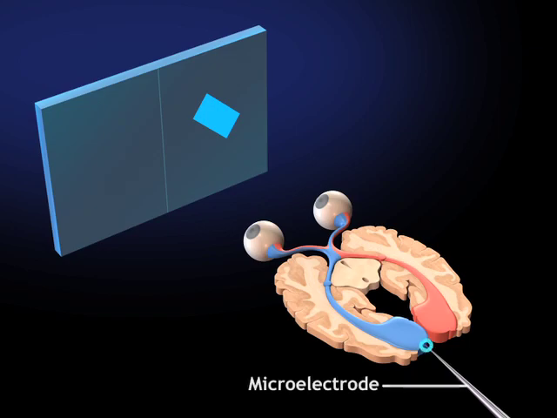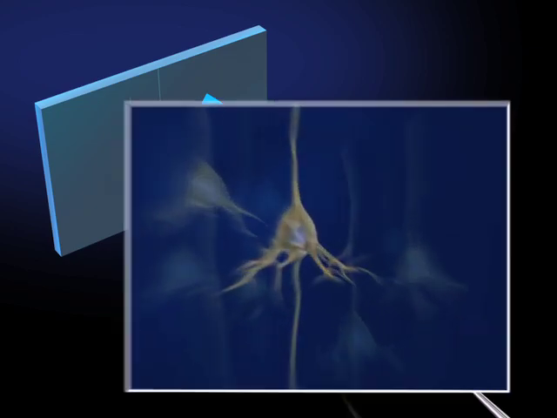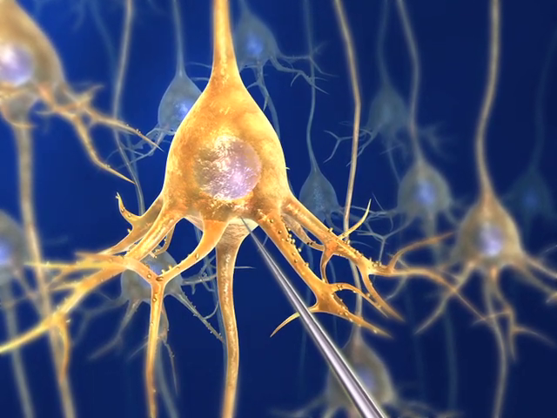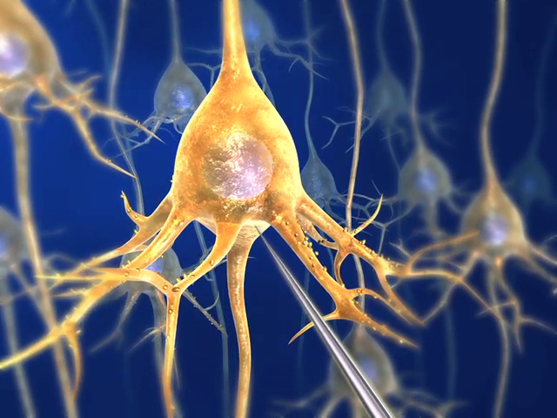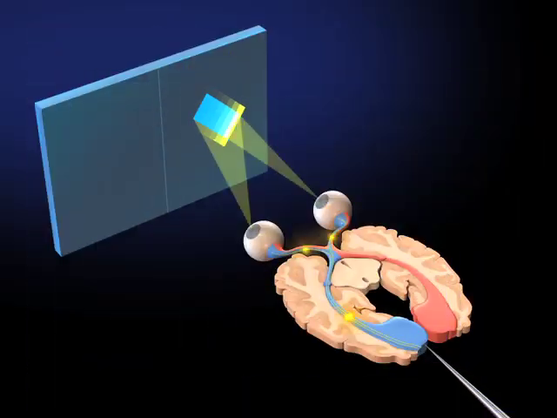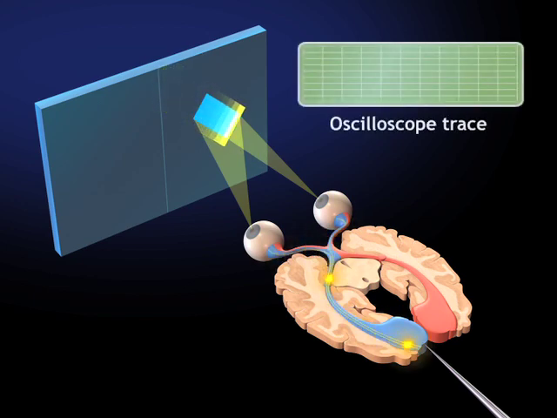We can examine the response properties of a simple cell in striate cortex by placing a microelectrode next to the cell. The electrode allows us to see and hear action potentials fired by that neuron in response to a stimulus shown on the screen placed before the eyes. The action potentials produce deflections on an oscilloscope trace and sound like pops on the audio monitor.